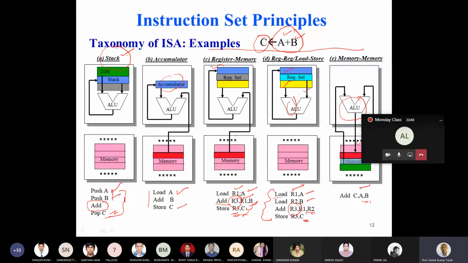The load adds memory location A with memory location B and stores it back into C. Now let's look at the size of the code here. It requires only one instruction. The memory is more compact, and density-wise it is less dense. It's more compact. It needs to perform the same operation with only a single instruction. But if you look at the load and store architecture, it takes 4 instructions.